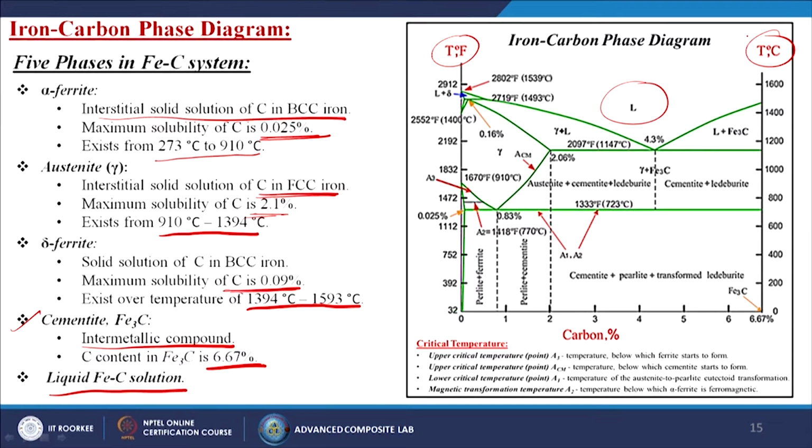We are getting so many phases: cementite plus pearlite plus transformed ledeburite. In this zone we get pearlite or maybe cementite when the carbon is below 2%, and at almost 0.8 to 2% it is only pearlite and ferrite. Then up to 910 degree centigrade almost, we can get austenite plus cementite plus ledeburite, or at higher carbon percentage cementite plus ledeburite. So all these are different phases. Based on the carbon composition and the temperature we get the different phases of the iron carbon system.